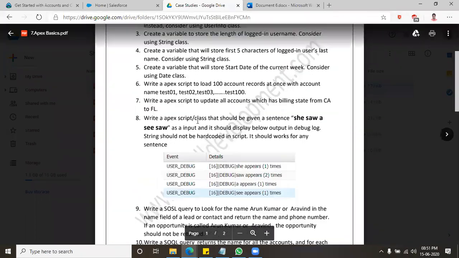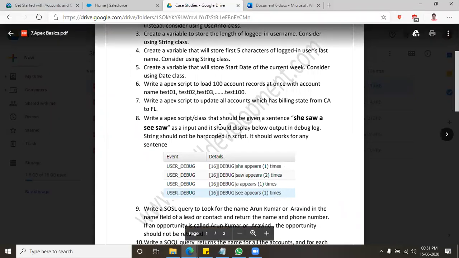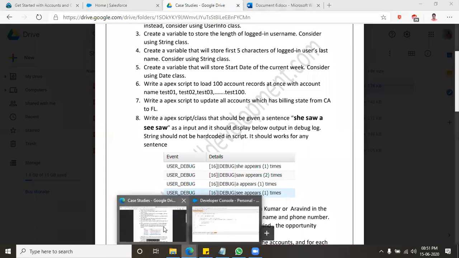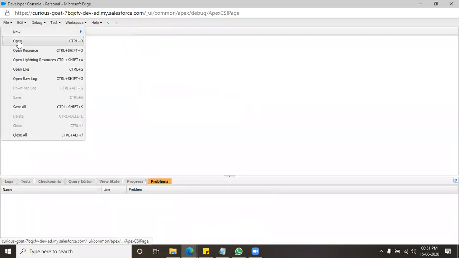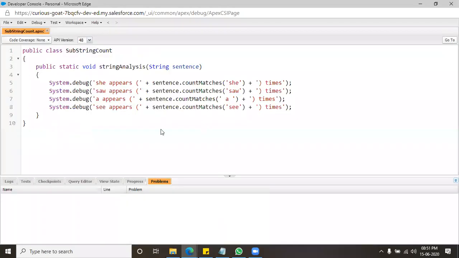Write an Apex script or class that should be given a sentence as input, and it should display the output in the debug log as given below. See, this is a very simple one, right? You are just passing the sentence and putting a debug statement.